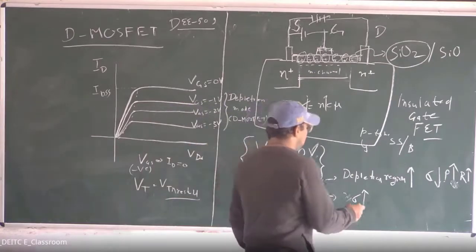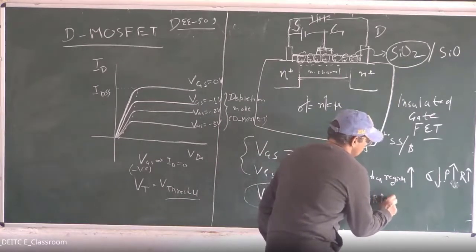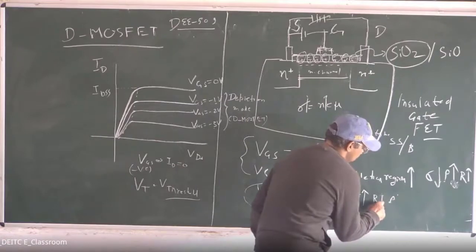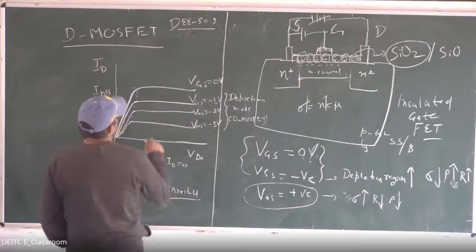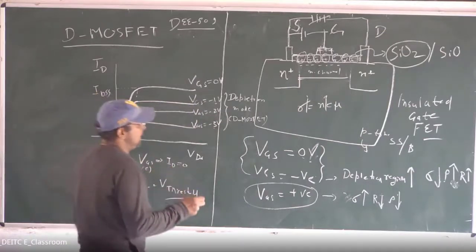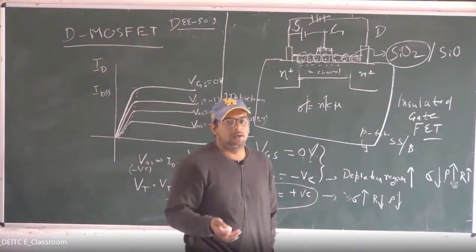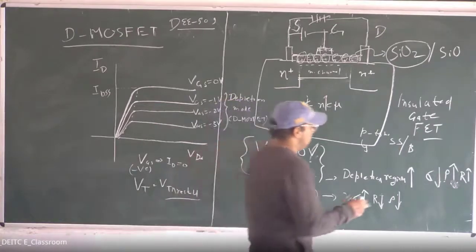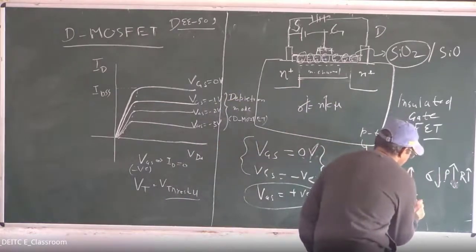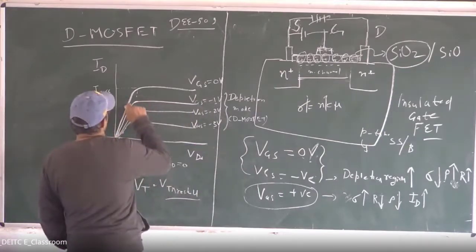Sigma will increase, then the resistance will decrease. You can understand this because the resistivity will decrease. So what will happen if we apply the positive voltage? When the resistance of the channel has become less than before, because we have increased the number of charge carriers, then what will happen? This ID will increase. So if we want to draw the characteristics, then the characteristics will be like this.